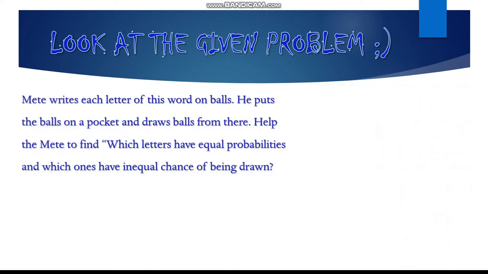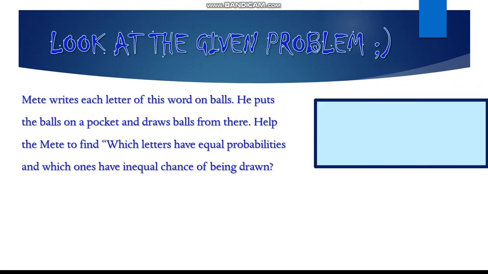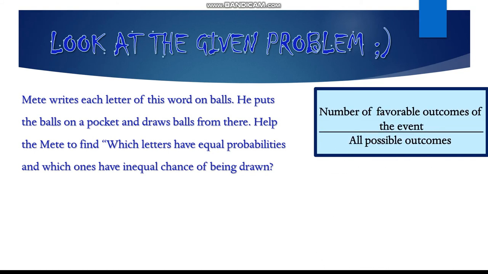As you know, in order to calculate the probability of an event, we should write it like that: number of favorable outcomes of the event over all possible outcomes. Let's go back to our question. In our question, there is a word which is, yes, probability. And Mete writes each letter of this word on balls, and he draws a ball from there. So, in order